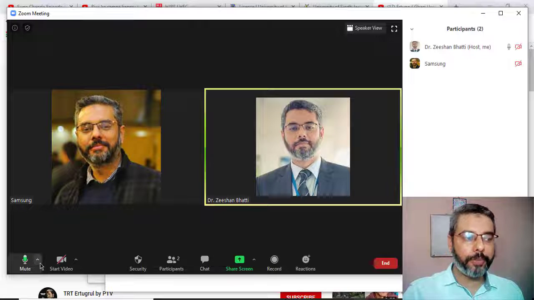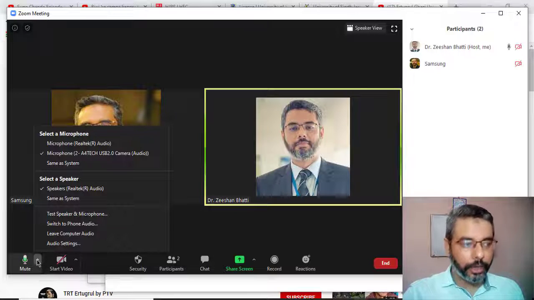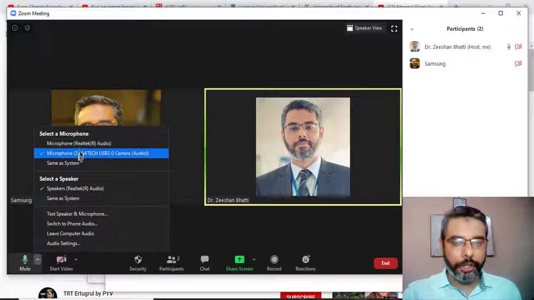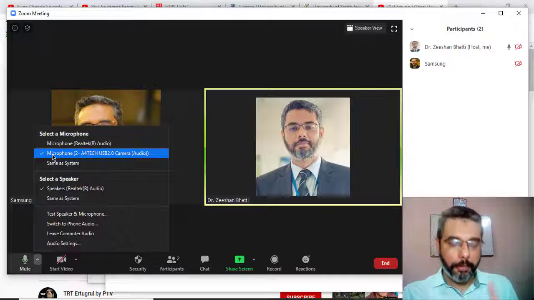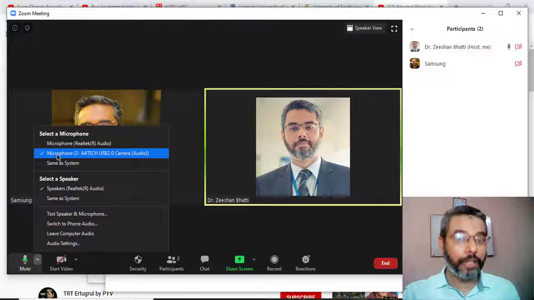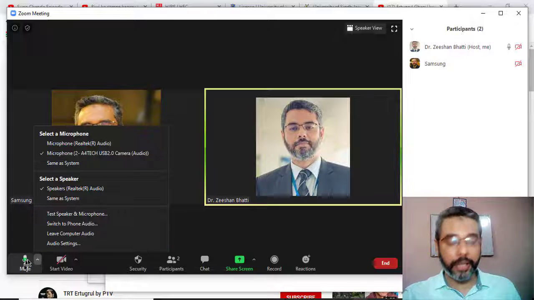The next setting we do is going into mute and see this arrow. You click on this arrow. You have to make sure that you select the correct microphone. So under the microphone category, if there are two or more microphones available, make sure you have selected the correct microphone that you are going to use. For example, you have headphones connected. That headphone might have a mic. That mic might not work properly, and that is why you're not getting the sync icon.